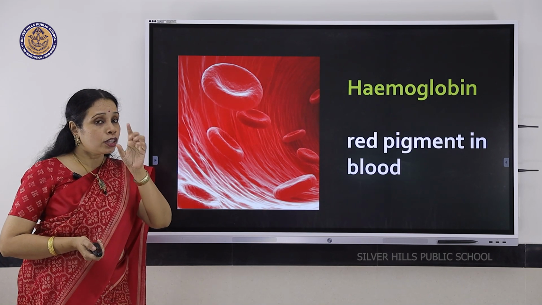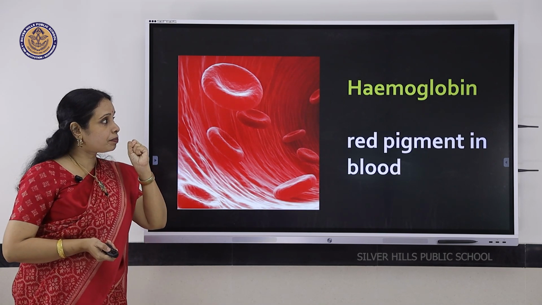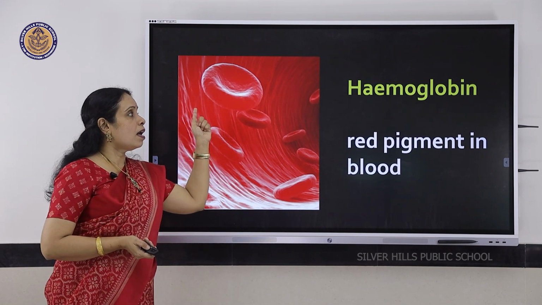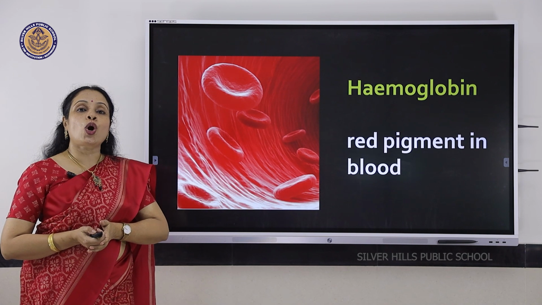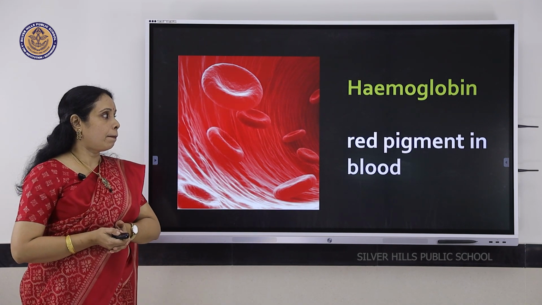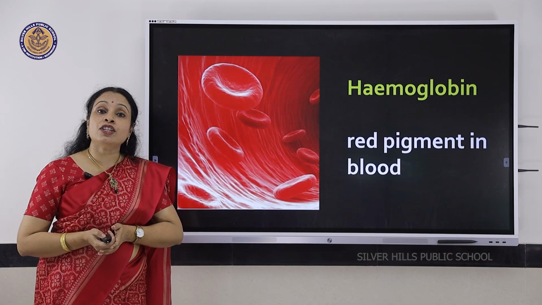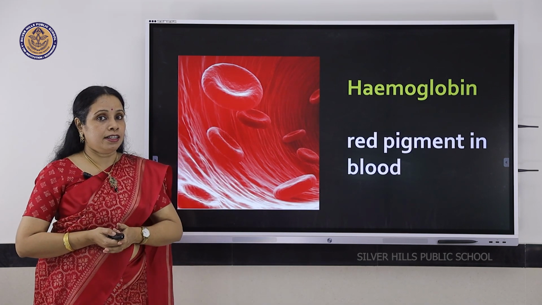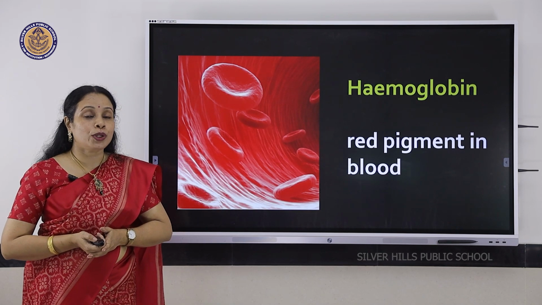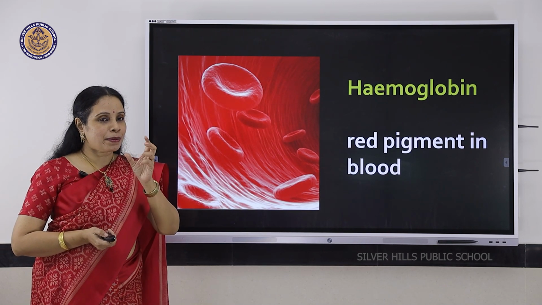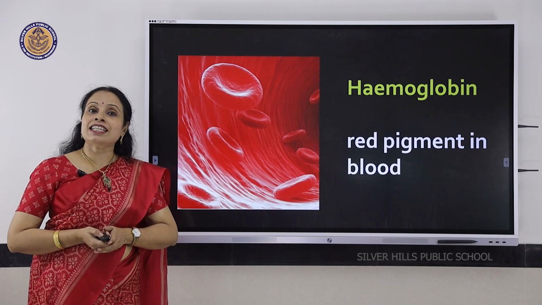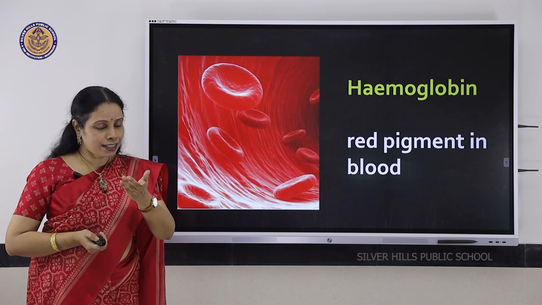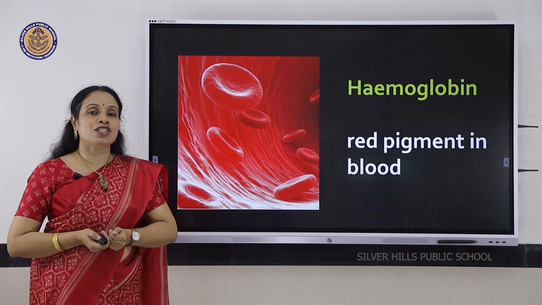And I told you the oxygen has got into blood. It is picked up by the RBCs, a pigment in the RBCs which is called hemoglobin. The red pigment in blood called hemoglobin. Hem means iron and globin is a protein. So that pigment, hemoglobin. And if it is less in your body, you will suffer from a disease called anemia. So that's the reason why you must have food which is rich in iron.